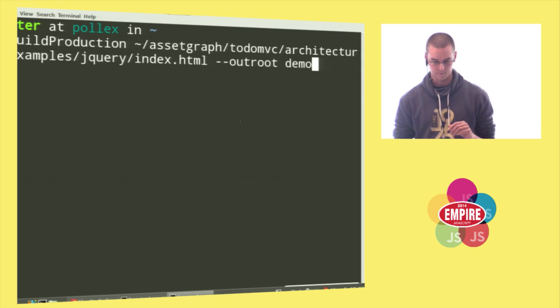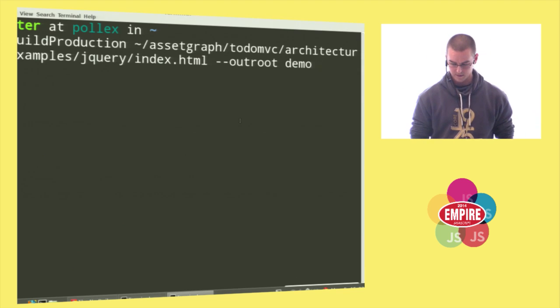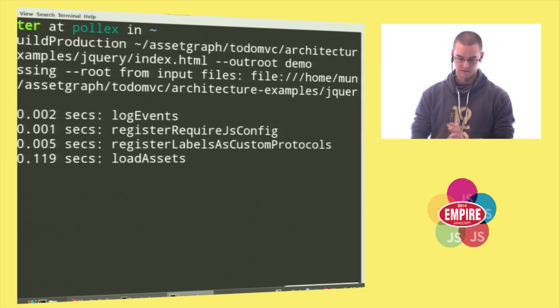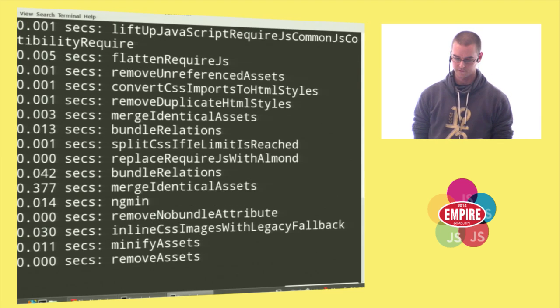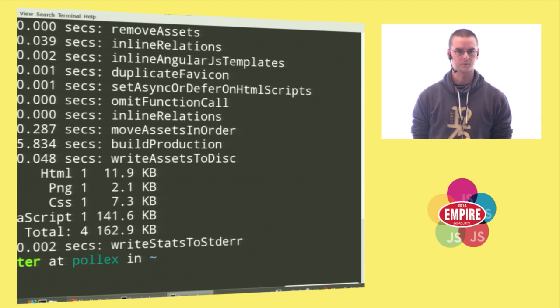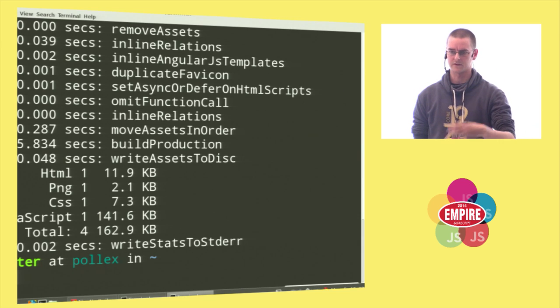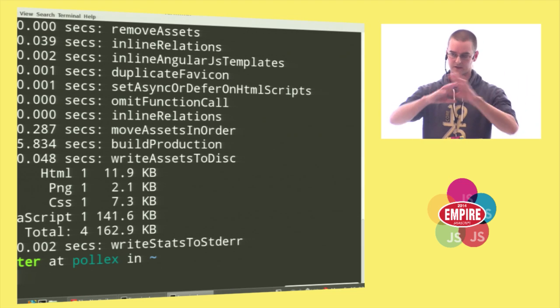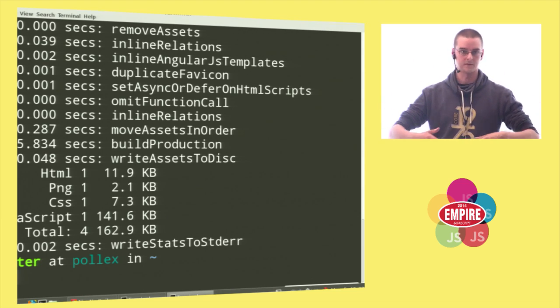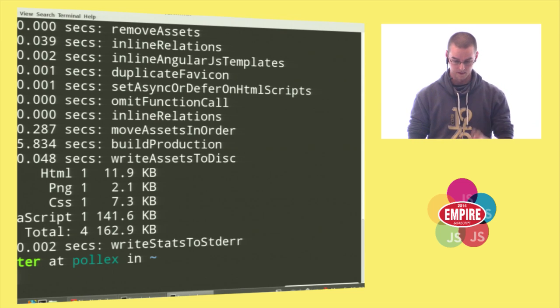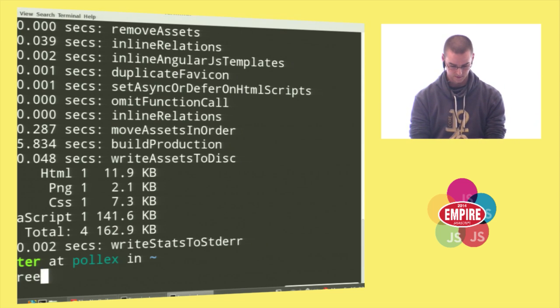Okay, so we paste this magical command line in, and it will go and read the application from the disk, and it gives you a lot of logging output. AssetGraph Builder is pretty much a kitchen sink of build tools. It does all sorts of stuff. It runs ngmin for AngularJS applications. It deals with knockout templates. So it's basically trying to cover all bases at once, which means that this should be the thing that you could just apply. And now this application should have been built into the demo